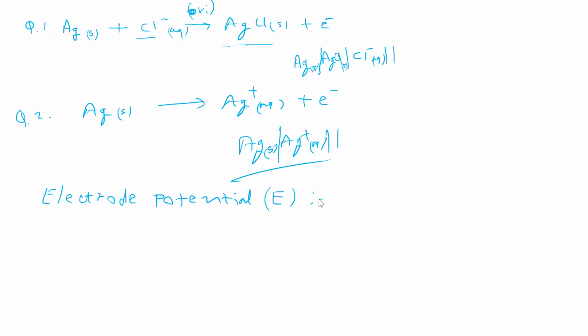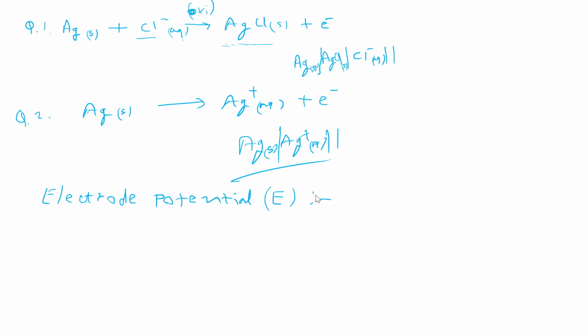Okay, the symbol E is also used for other parameters. Do you know, the electric field is also represented by E. So it is different from that. Now can you say the definition of electrode potential? The difference in potential between the electrode and the electrolyte. Exactly, so that is the electrode potential. And one more thing you can add here: in standard condition it is known as standard electrode potential.